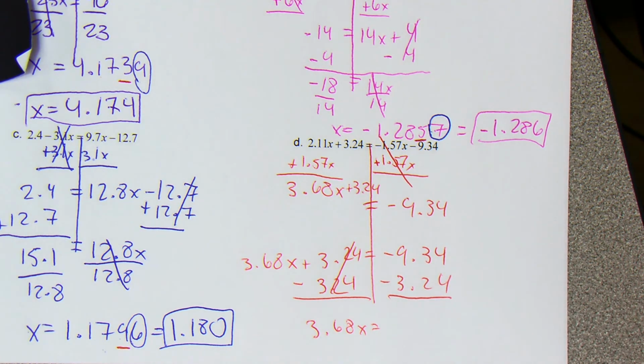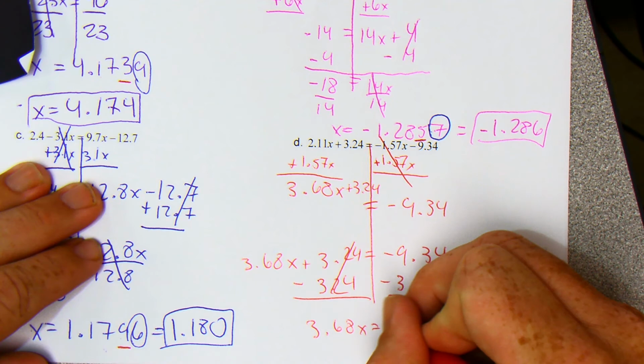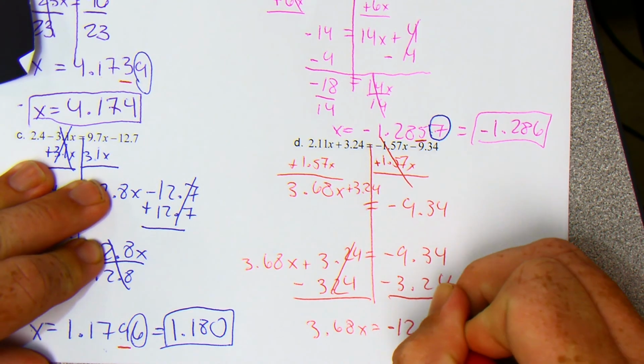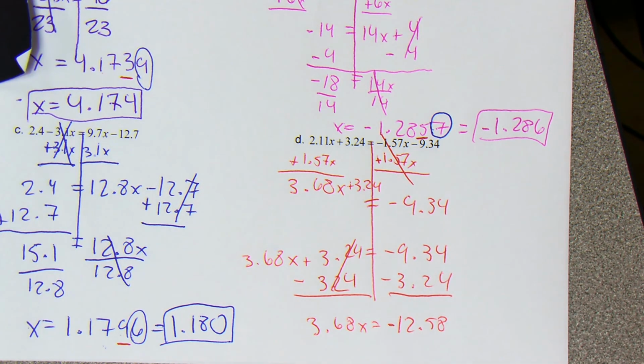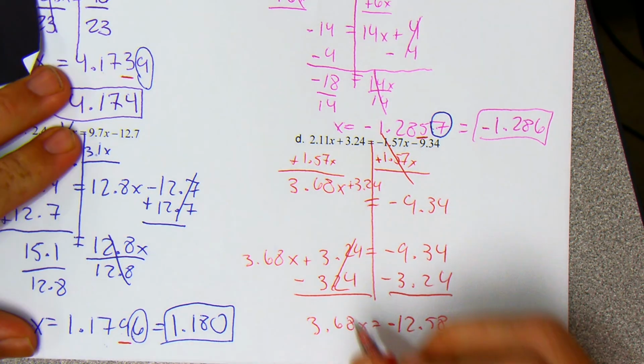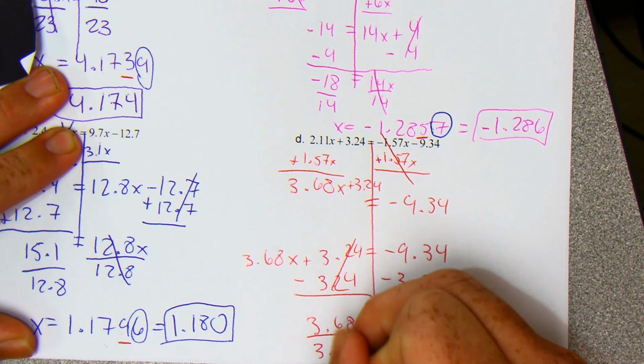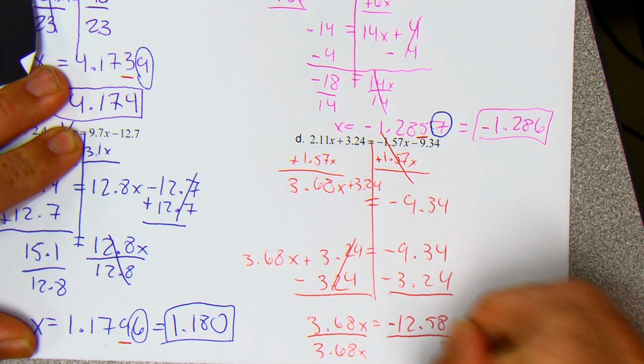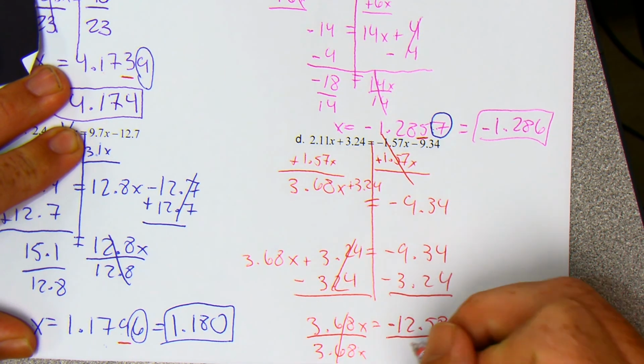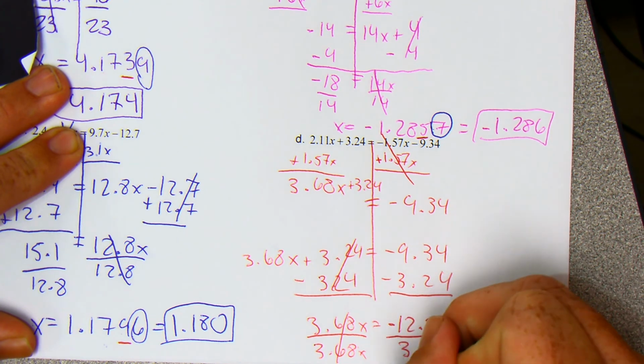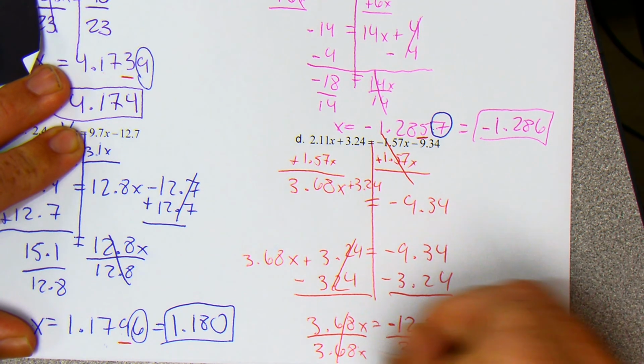Let's see. So negative 9.34 minus 3.24 gives me a negative 12.58. And I know since that 3.68 is right next to my x, it's multiplying. So to get rid of it, I need to divide because that's the opposite of multiplication. So I'm going to divide by 3.68. So those cancel out. Divide by 3.68. So I'm just left with